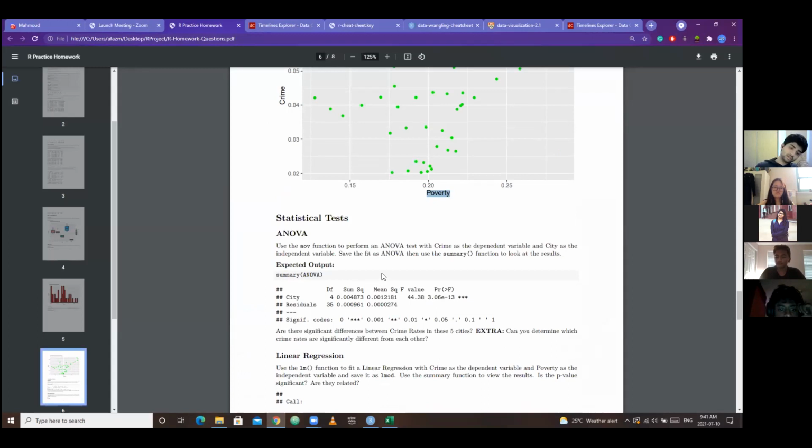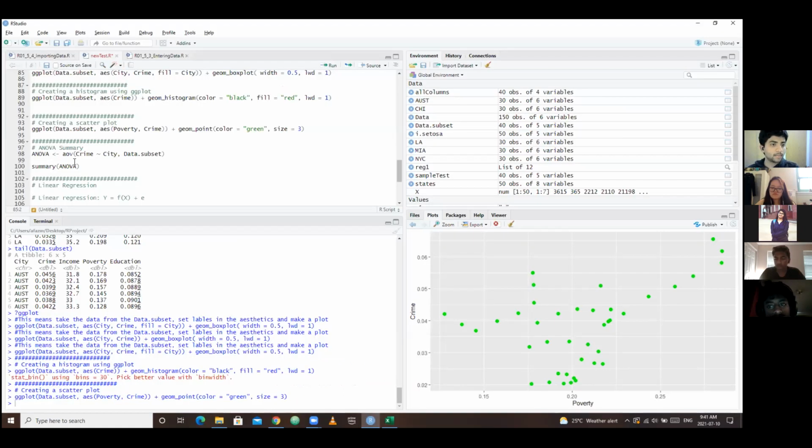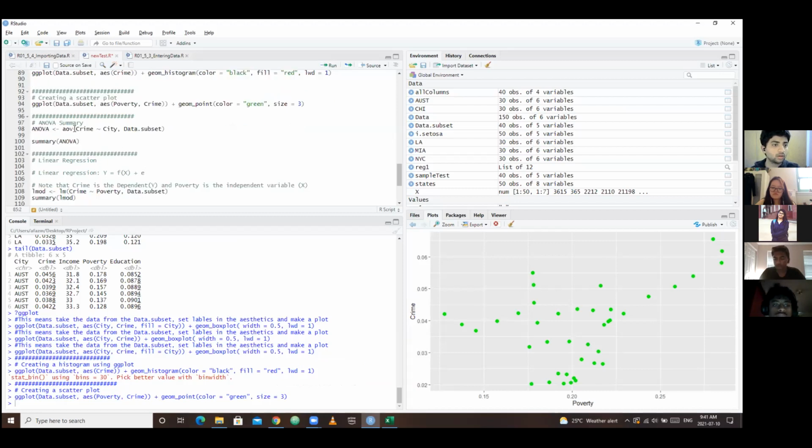So yeah, that was the main part. Now next we are asked to do some statistical tests. Now there's something called ANOVA test, and it has, let me show you. So it has some kind of formula. I'm not sure how this goes, but